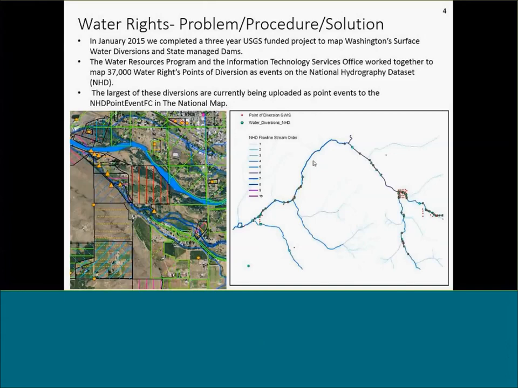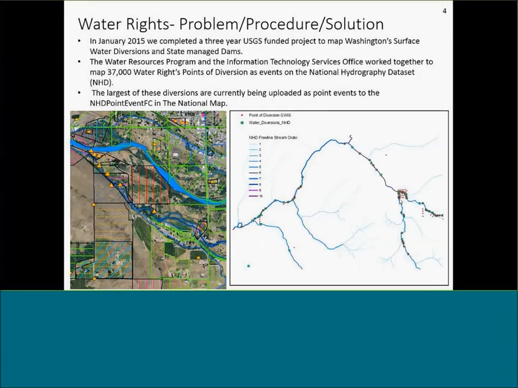So if you go over to the right side, this picture is the NHD. And then these little red dots are the older system, our GWIS system. So you can see some of those red dots are on the stream, and some are just located like this, a little quarter section that has a whole bunch of dots on it. So if I was interested in knowing what are all the water rights diverted from this stream network here, I wouldn't be able to do it. I could try to select all of those, but I don't know which are really on this river system or this river system.